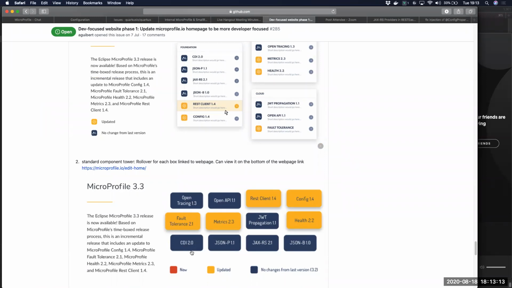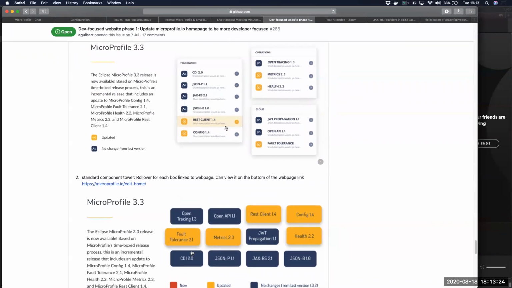But once you divide loosely into 3 groups, you can see, okay, the top, all these, CDI, JSON-B, JSON-P, etc., are from Jakarta EE, and REST Client is directly linked to JAX-RS, and Config is used by other